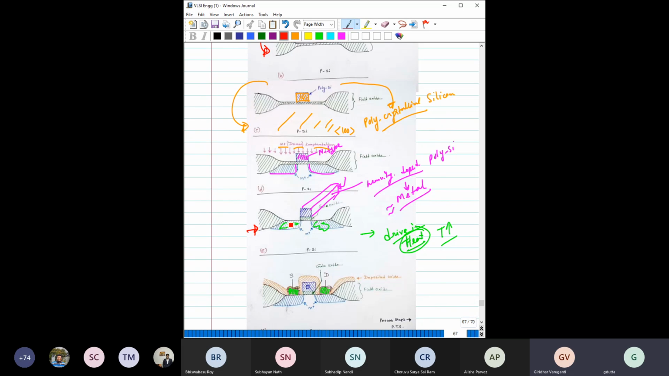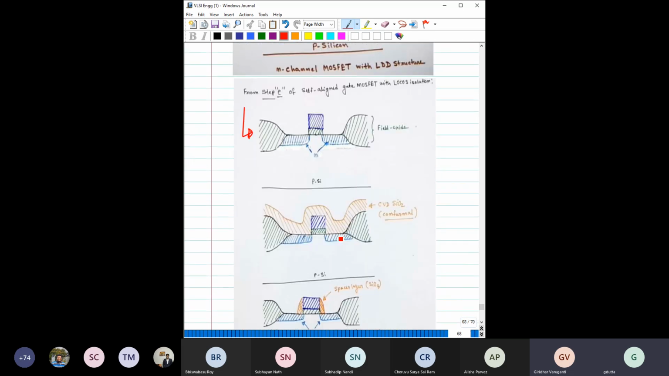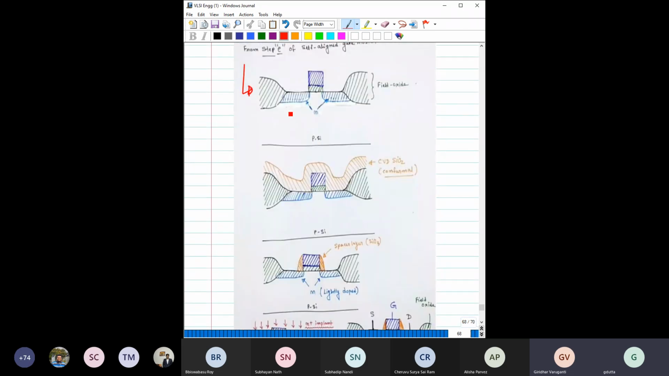So up to this part is common. We are starting from this part onward. Start with this, which is step E for the self-aligned gate process. Then deposit CVD, or chemical vapor deposition, silicon dioxide. So this is one technique by which you can deposit